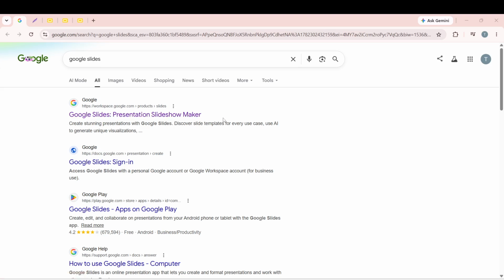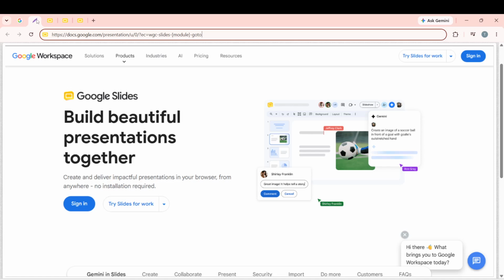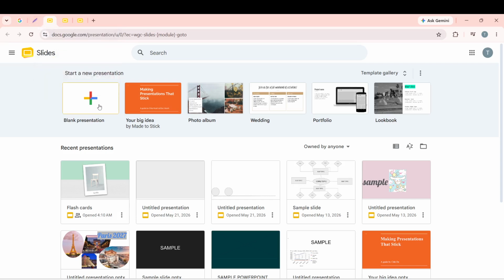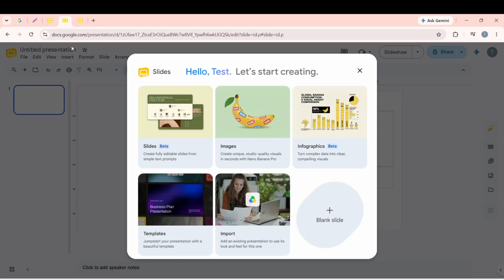If you're prompted to log in, go ahead and do so with your Google account. Logging in is crucial as it ensures all your work is saved under your account, and you can access it from anywhere later on. Now, with Google Slides open, you're ready to start a new project. Open a blank presentation in Google Slides. This gives you a fresh canvas to work with, just like opening a new page in a notebook.